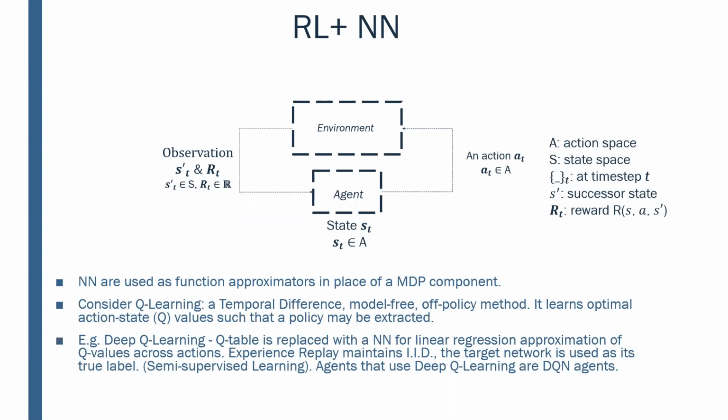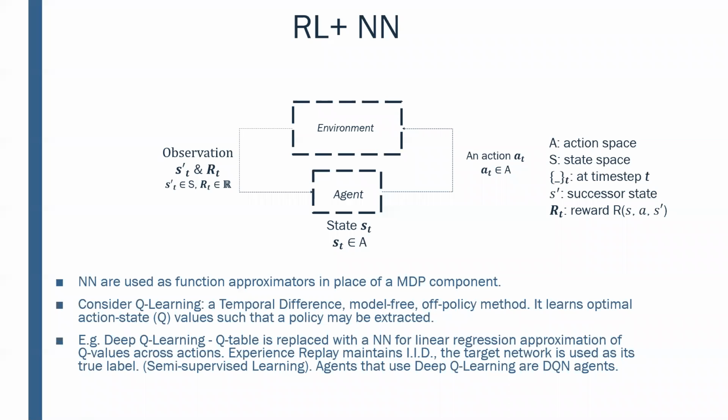This is the basic framework of how an agent interacts with its environment. An agent, given some state, maybe for trading a tuple of values like the high, low, and close price of a particular stock or a currency, produces an action. Then the environment returns an observation, which is the next state, and a reward for the action taken at that time step. This reward can be a simple profit return if it's selling, but it may also be a different type of reward, like a Sharpe ratio, which isn't necessarily tied to immediate profits.